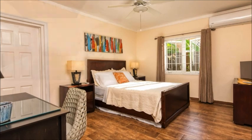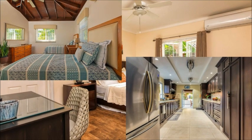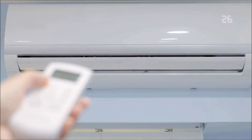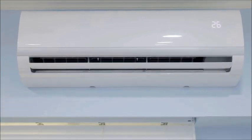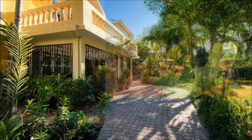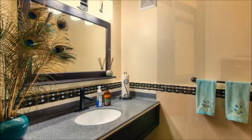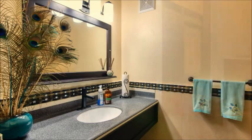Every bedroom, including the upstairs family room, the butler's pantry, and kitchen area, are fully air conditioned for your comfort. The home consists of front and back patios, spacious laundry room, elegant foyer, powder bathroom, and hallway closet, open living